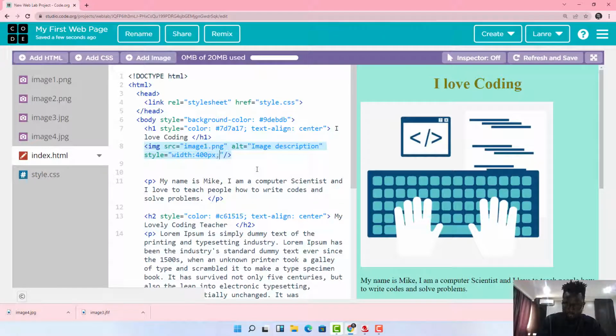Put a semicolon in between. We're dealing with the multiple declaration of inline style method. And from what we did in the previous video, we said if you want to do that, you're going to declare your style